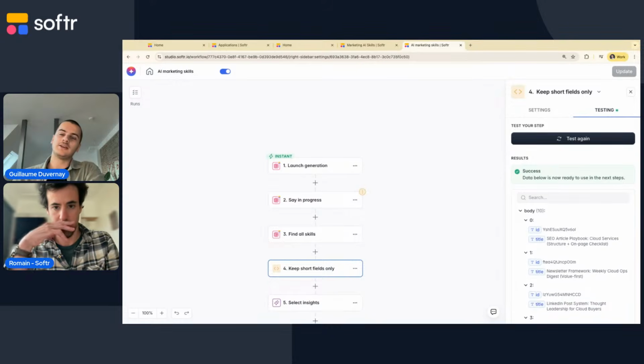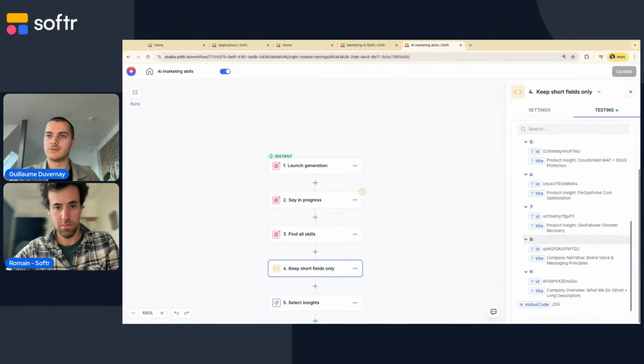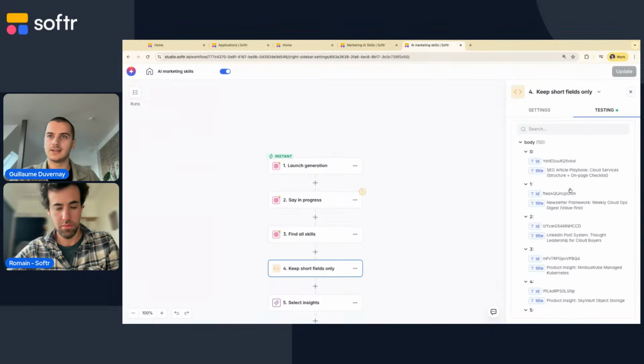Because actually here, the title of an insight tells enough about, if an AI had to judge if this insight will help or not for our task, it's enough to know if it will be useful, to select the ones out of the 10 insights. So I'm generating a shorter version. I only keep this title and the record ID because I'll be using it later.